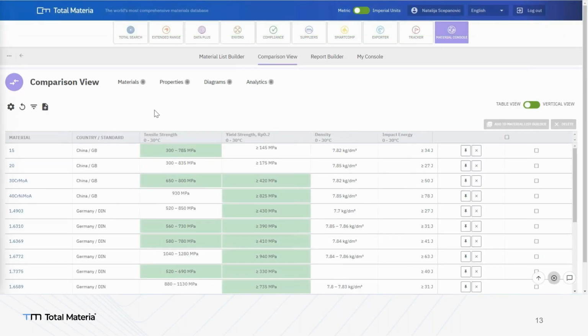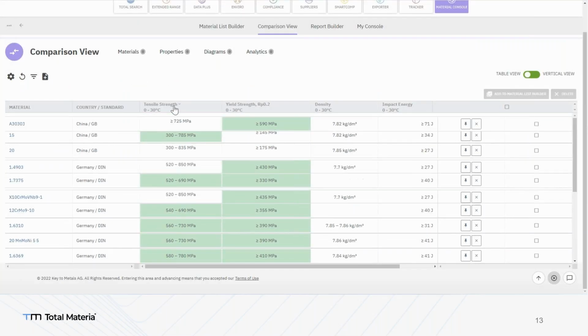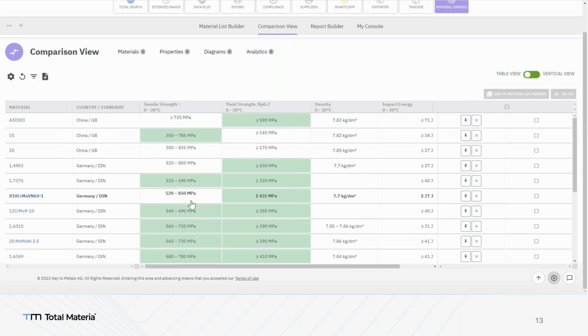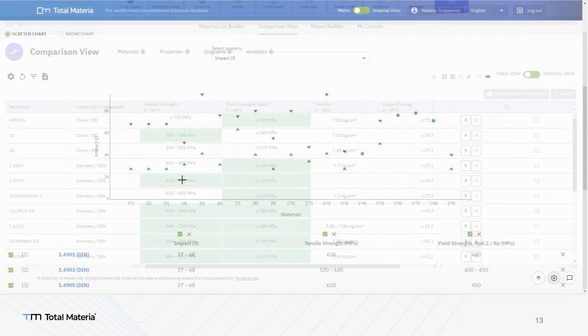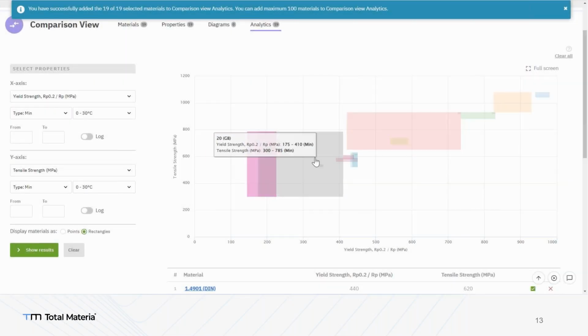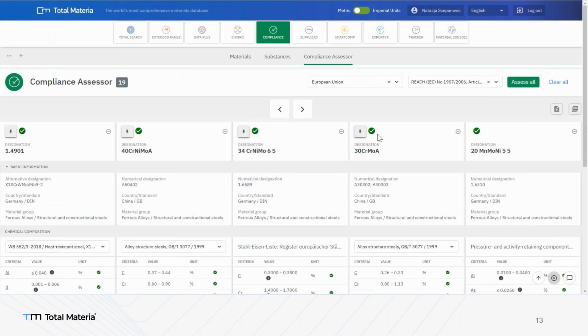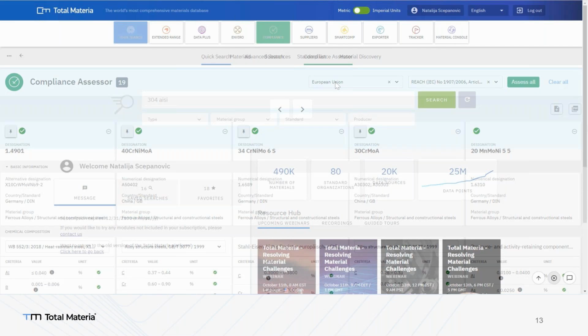I can compare this material side by side or up and down, and then still filter these options to see which one of those materials is more accurate for me. In the radar chart, up to 5 different properties you can compare in the analytics screen. You understand this material's behavior better when you compare all these materials, and you also need to check if these materials are compliant according to different regulations, right? So these are all challenges.